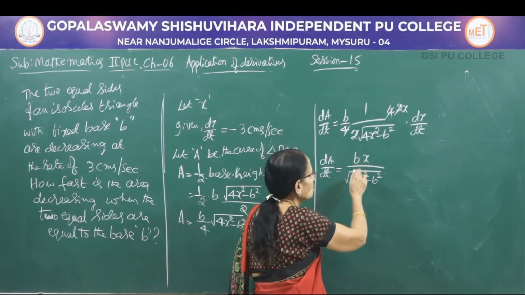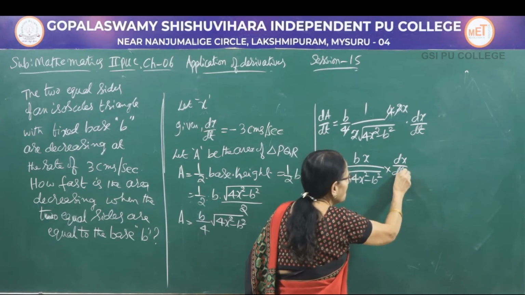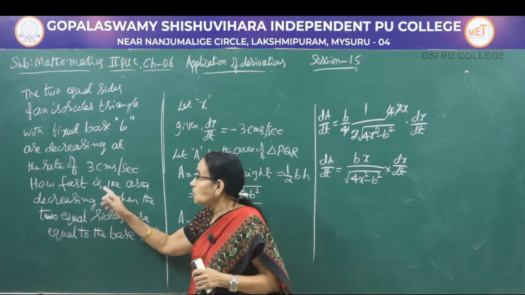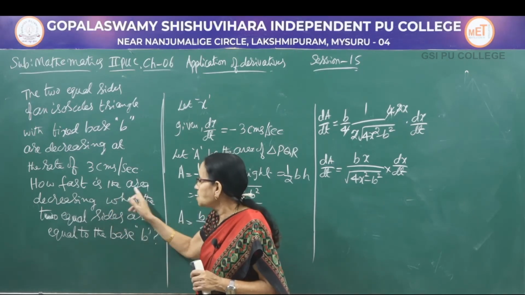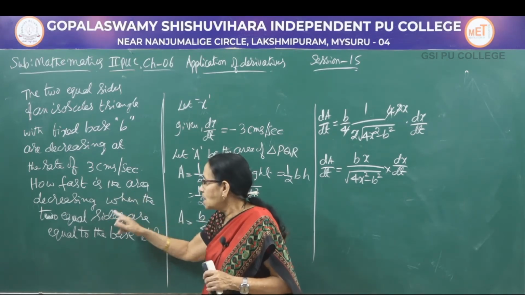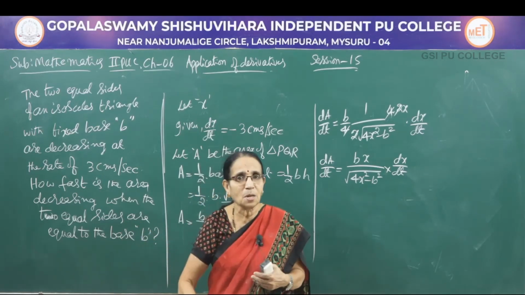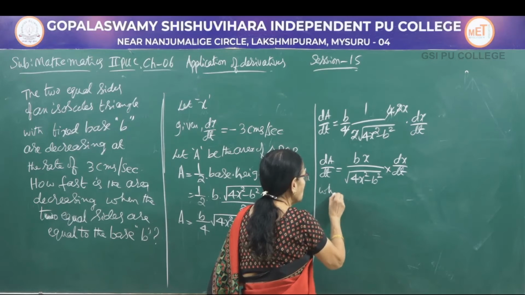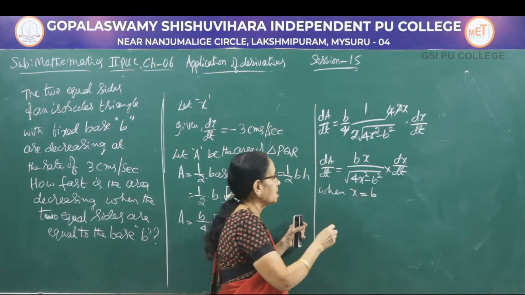So it is bx over root of 4x squared into dx by dt. Okay, now here we use the condition. When you have to calculate how fast the area is decreasing when the two equal sides are equal to the base b, you write the next condition: when x is equal to b. Under that condition we are getting,